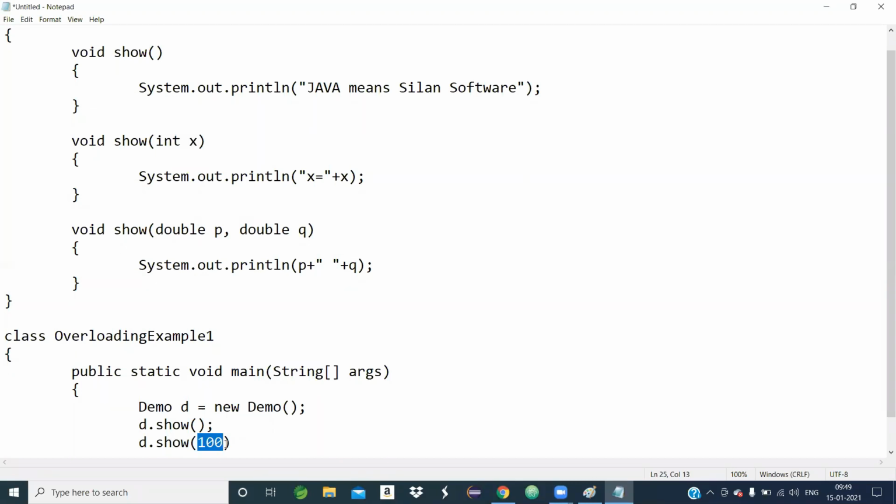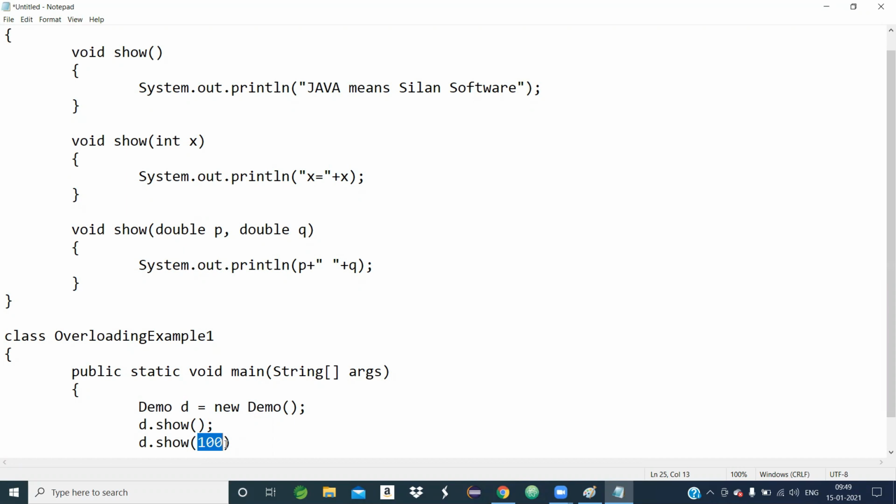When the method is invoked by the object, the method definition will execute. But you must focus on the signature. Suppose you have taken one int argument at the time of method definition.